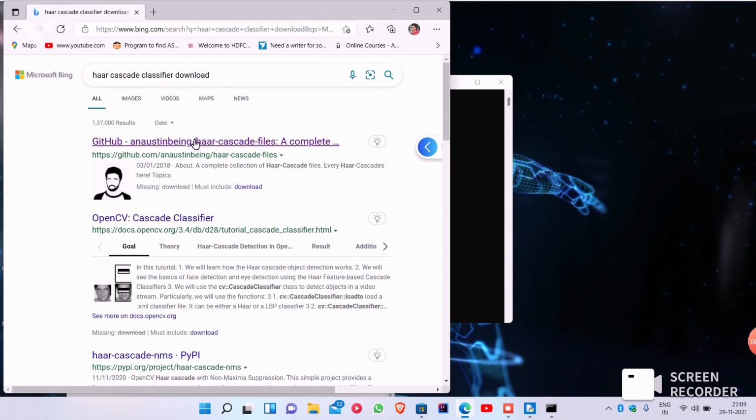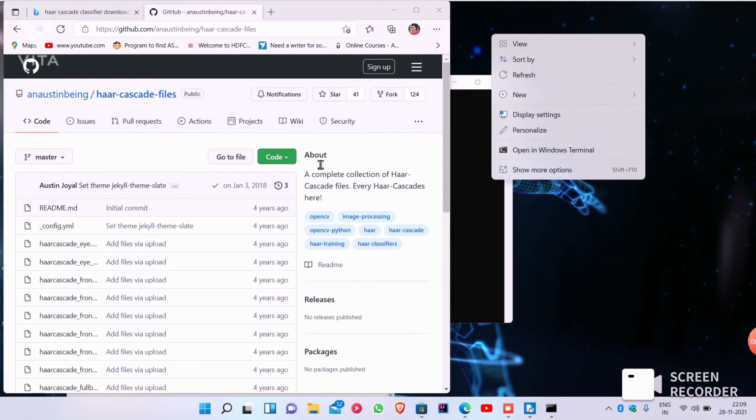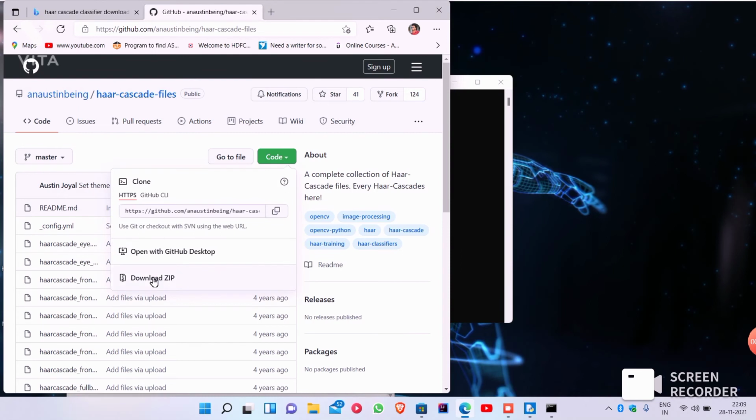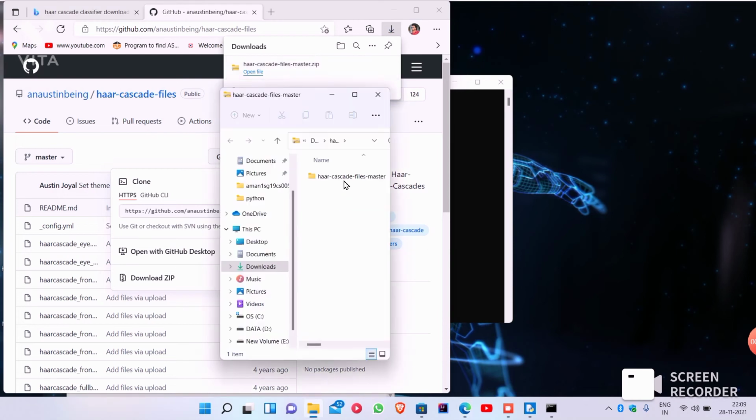So we have to download the Haar Cascade file here. We are going to download the zip. We downloaded it, and we are going to extract that file.